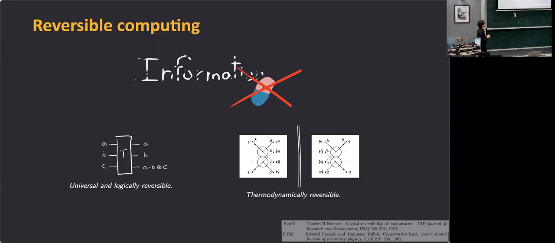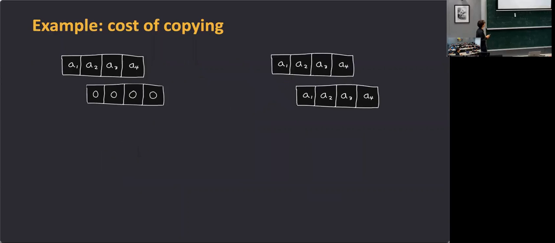So in the end, in reversible computing you never erase any information, and if you do not erase any information, you can do it for arbitrarily low cost. And this is what we assume the daemon is doing. This kind of computation. And I'll give one quick example of copying.